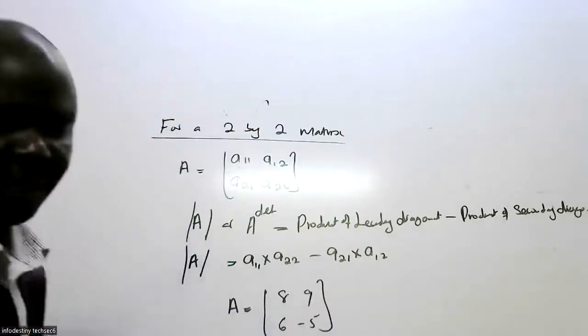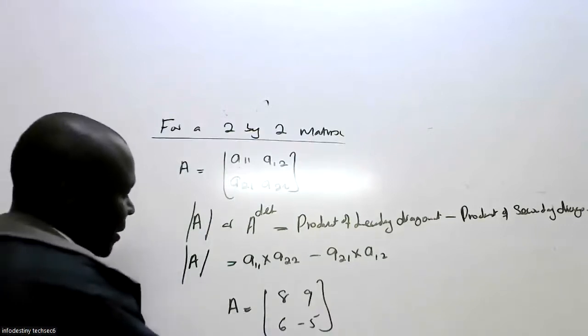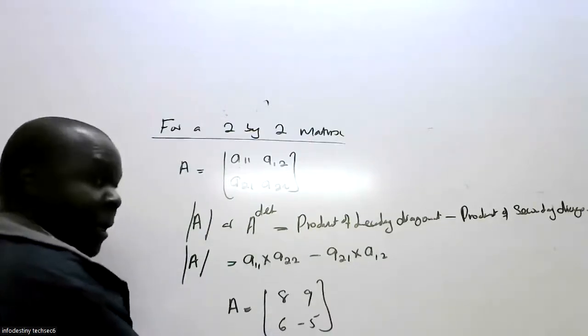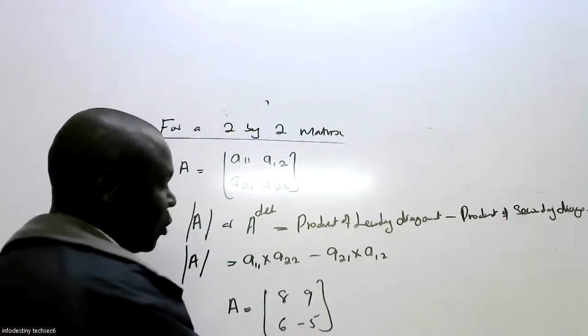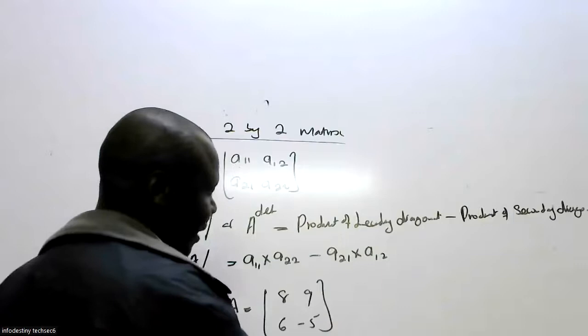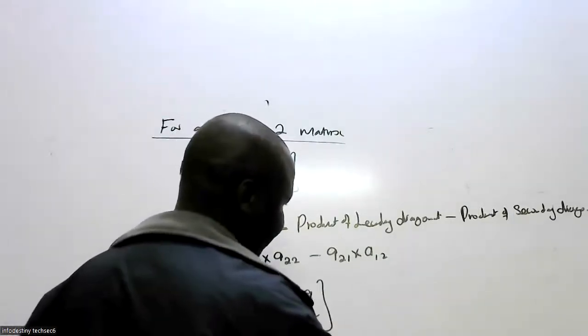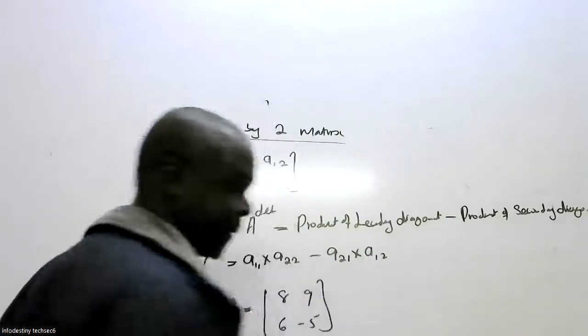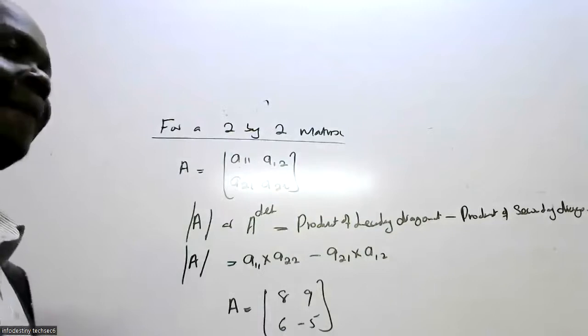If you want to get the determinant of this particular matrix, then the determinant of A will be equal to the leading diagonal, which is 8 times negative 5, minus 6 times 9. It's going to give us negative